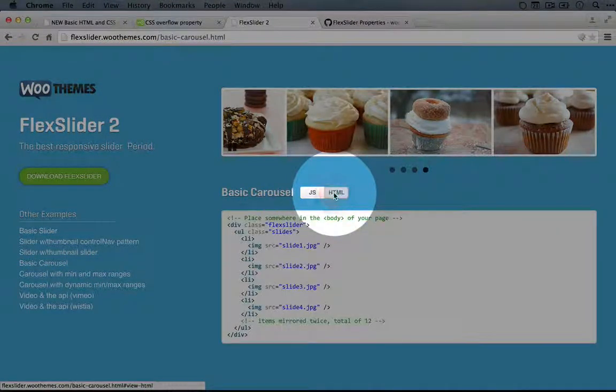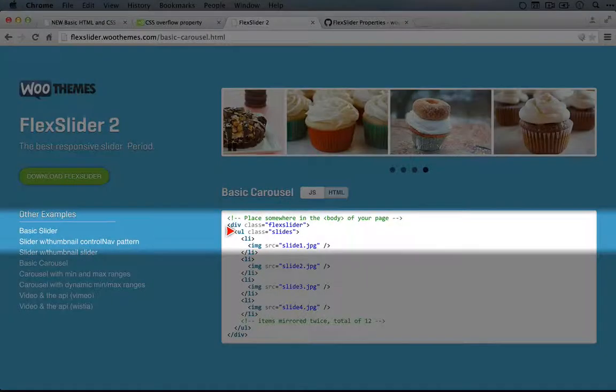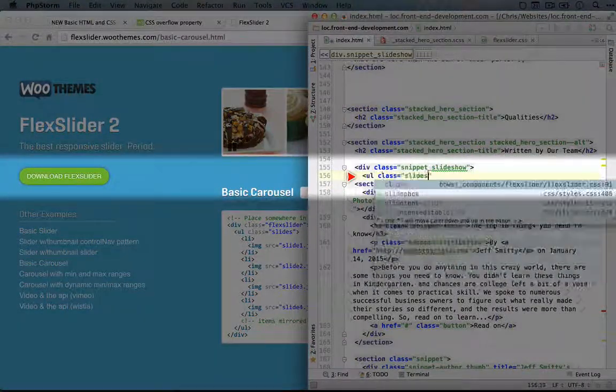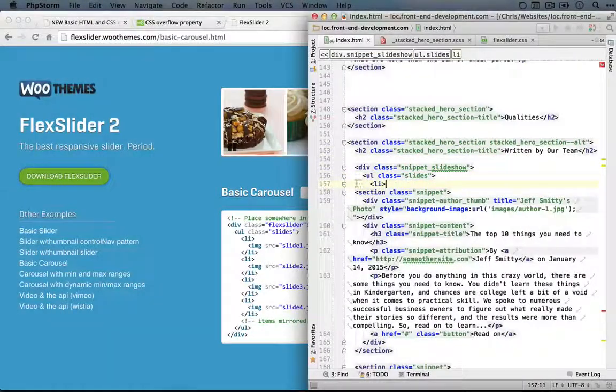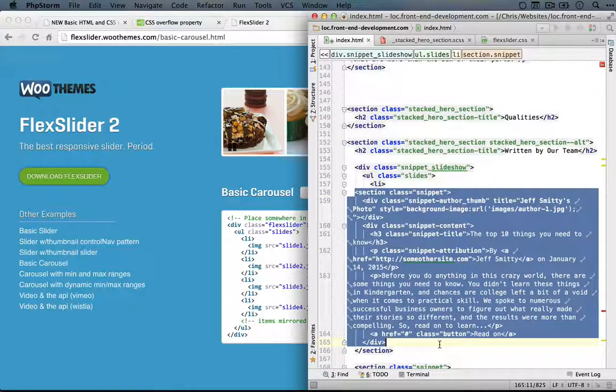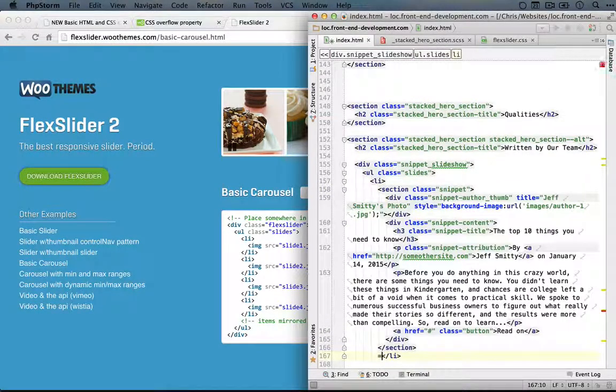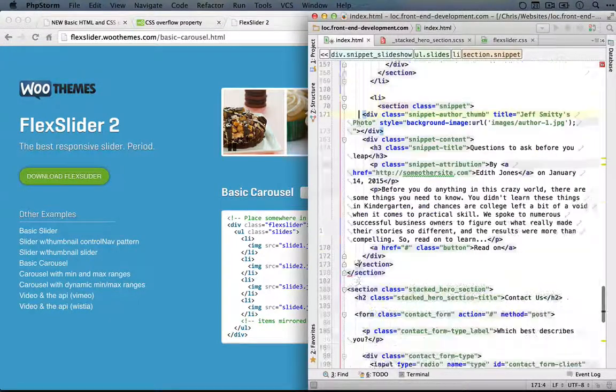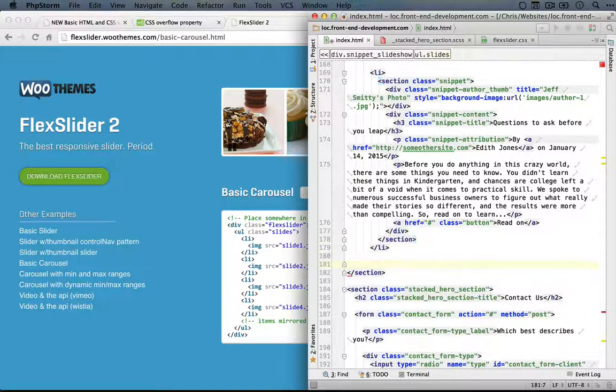If we want an example, we can go to the HTML here, and you can see, yes, unordered list of slides, and then list items. So we'll do UL, class equals slides, then we'll do a list item, and we'll wrap that around this section. I'm just going to indent the section, and we'll end our list item here, and we'll wrap a list item around our other section and indent everything. Now we need to add a couple extra sections in order for our slideshow to work, because right now we only have two, and they're both going to be displaying. Flex Slider is smart enough to know if everything can display, and it can just turn off the slideshow elements.